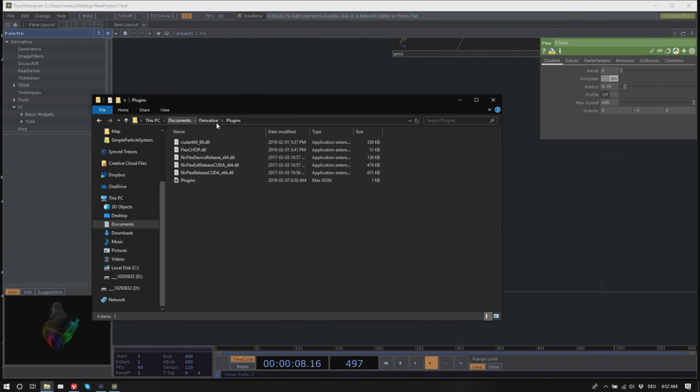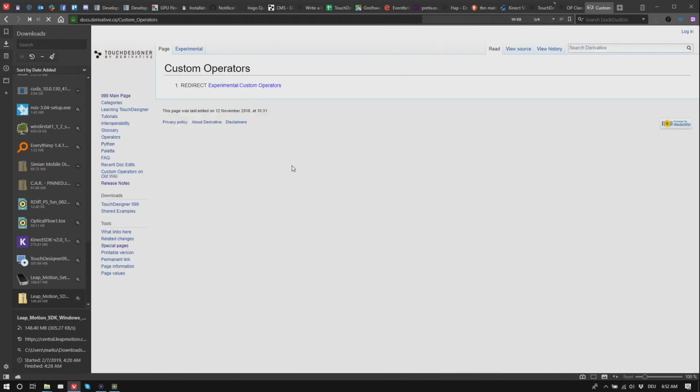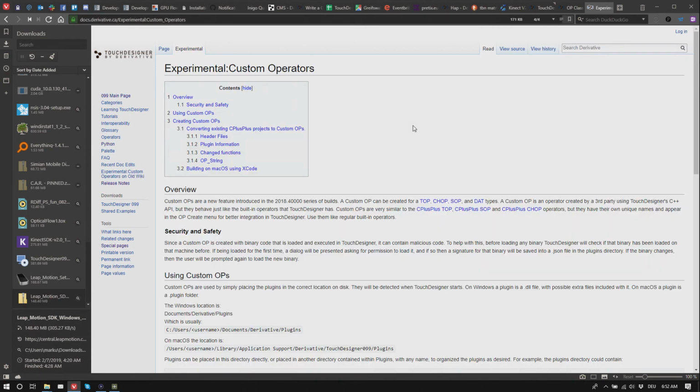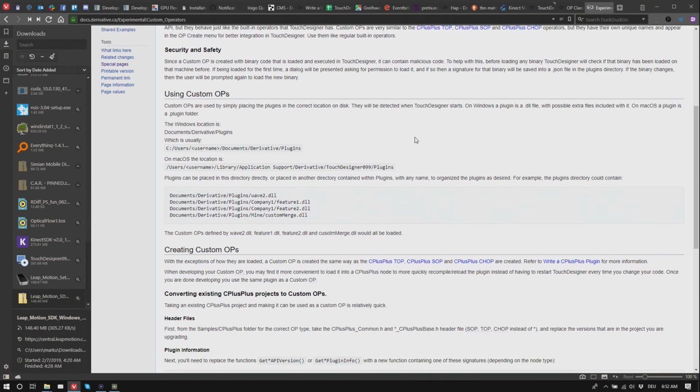There's another place on the Mac, but if you look on the wiki for custom operators, then there are also instructions on where to place them, etc.